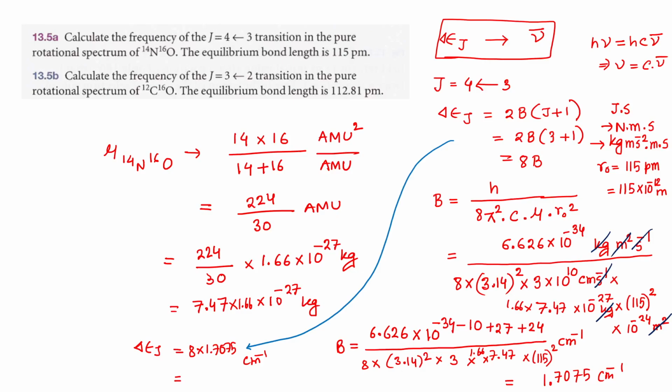As I told you, you need to multiply your wave number with the speed of light to get the frequency. So you are going to get 1.7075 into 3 into 10 to the power 10 centimeter inverse multiplied by centimeter second inverse. The centimeter inverse will cancel, and you are going to get the answer in second inverse unit,